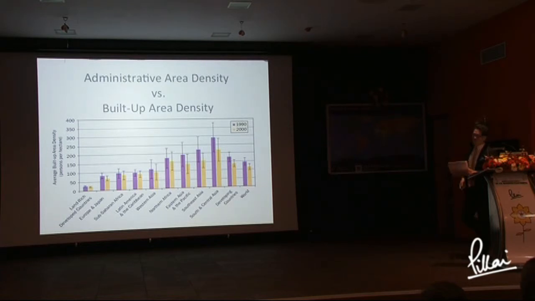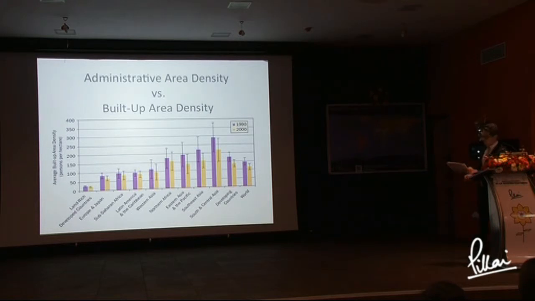But if you calculate it based on its built-up area, which is to say the share of land that is actually occupied by buildings and structures, it's a much more normal 200 persons per hectare, about the same as Manhattan. So the simplifying assumption that we make here is that human beings live in places where there are buildings. When we talk about density at the urbanization project, we're talking about this built-up area density.